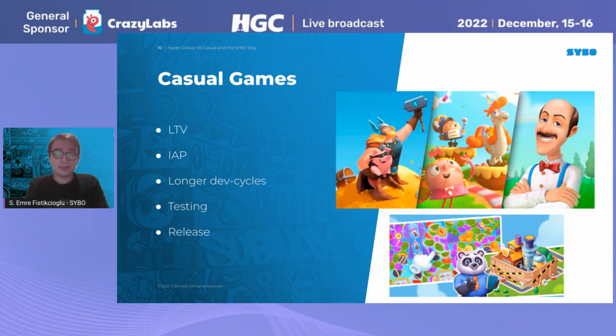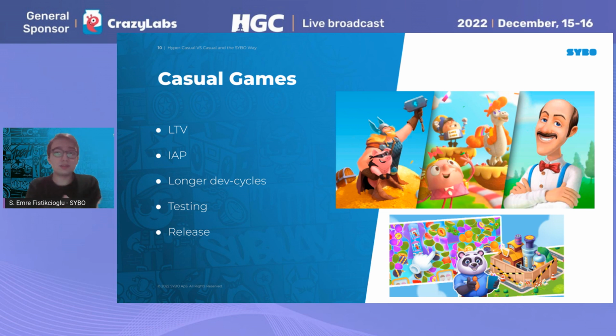Now the casual games, which is way, way more complex. In casual games, it is very much different than the hyper casual, as you know. In this genre, we have LTVs, lifetime values of the game, which is very important, because we rely most of the time on in-app purchases instead of the ad revenues.